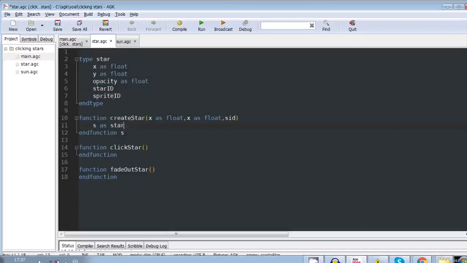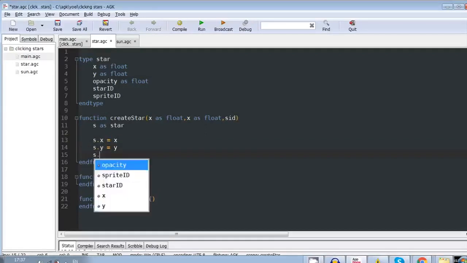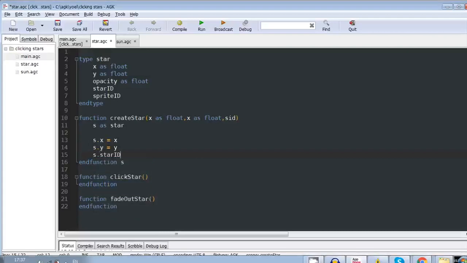So now we'll give them their values. S.x equals this x. Same for the y. And S.starID will be SID,